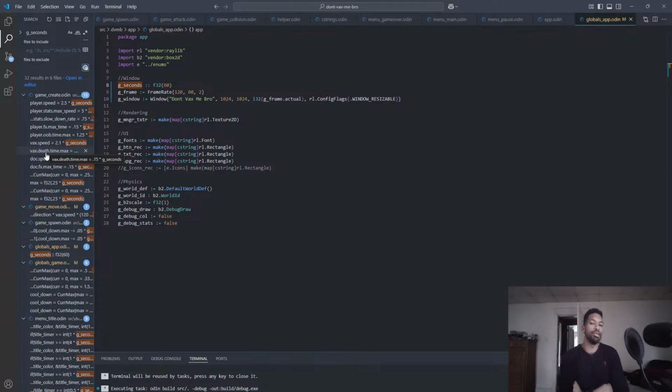So there's a lot of code. A quick, easy way to fix this would be, if everything right now is expecting G2nds to be 120,